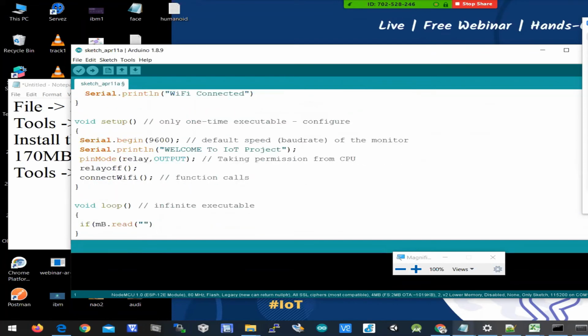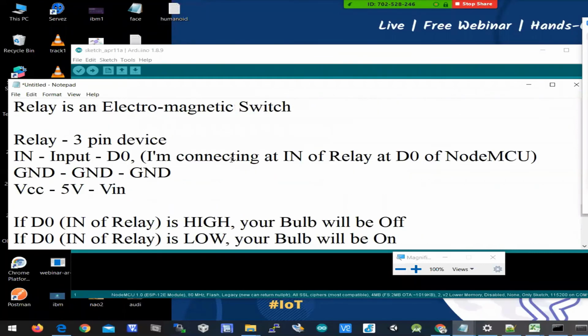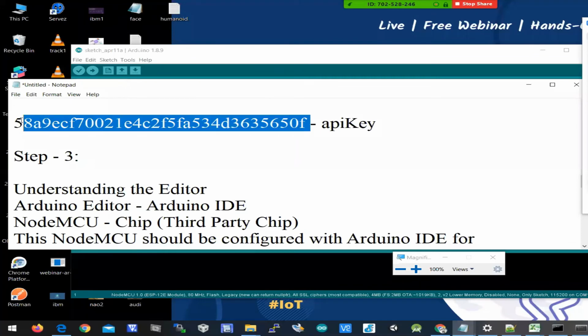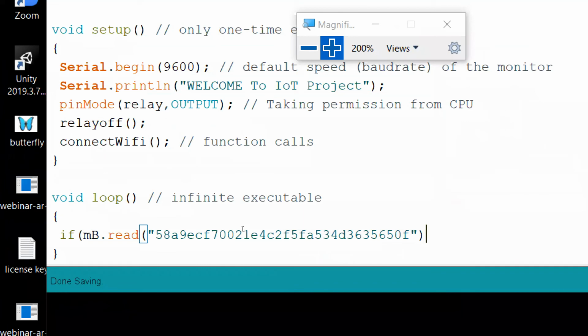So I have to paste the API key. My API key is here. So this is the API key. I'll copy this API key, Control C. I'll paste it here. So this is the API key which has been called here.